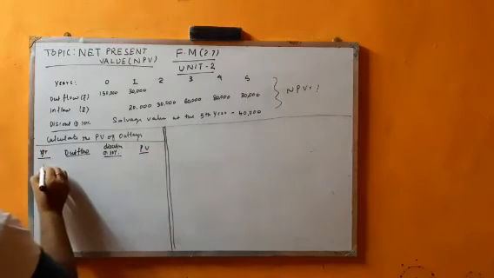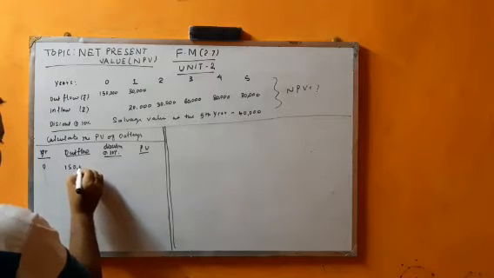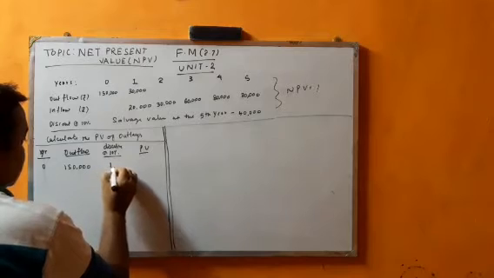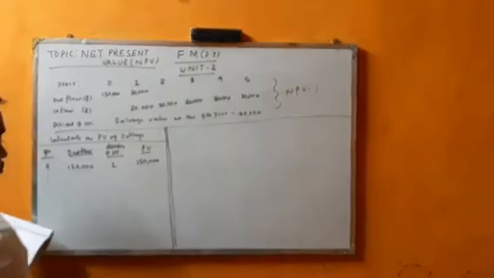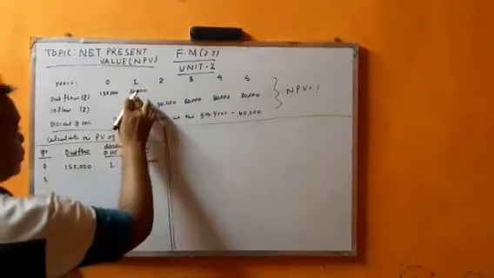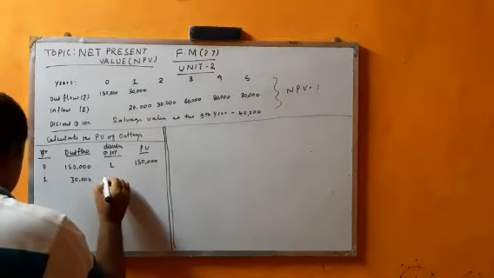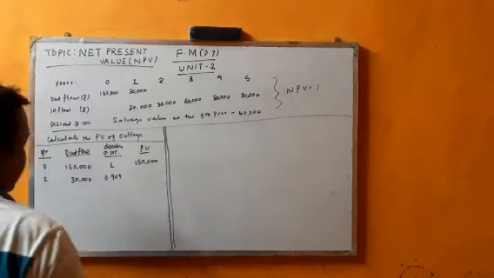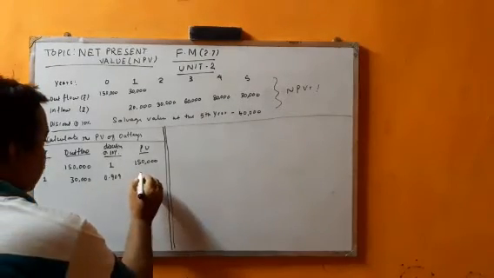So in year zero, the outlay is 1,50,000. At zero, that is completely 1,50,000. Now at the end of the first year, it is 30,000. The discounting factor at 10% is 0.909. So you multiply this, then you will get